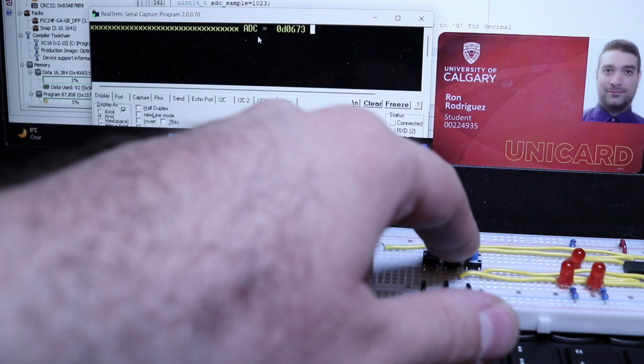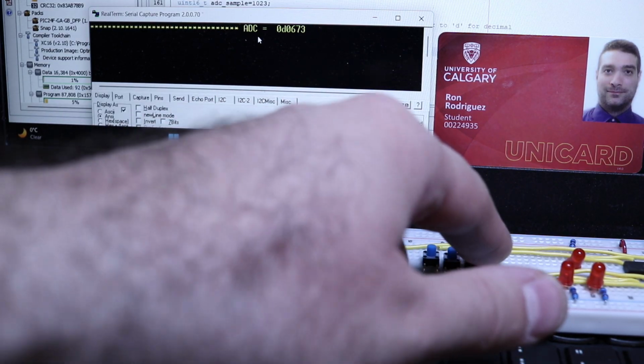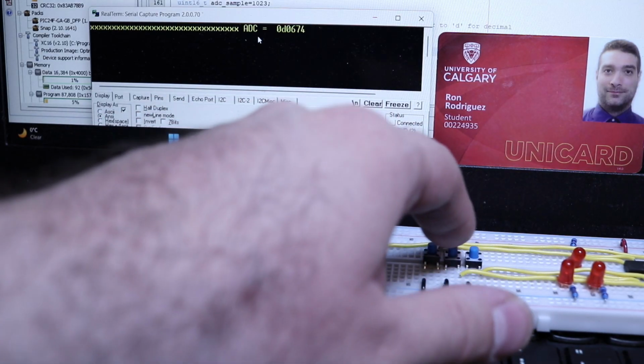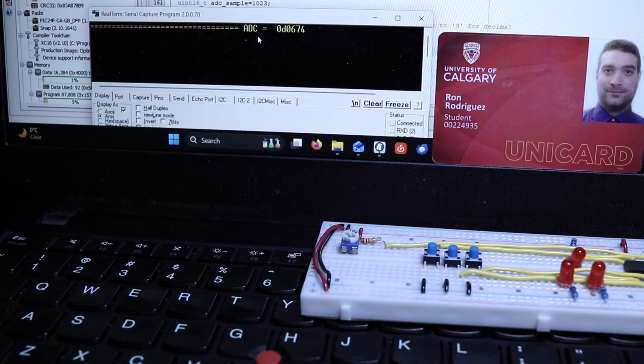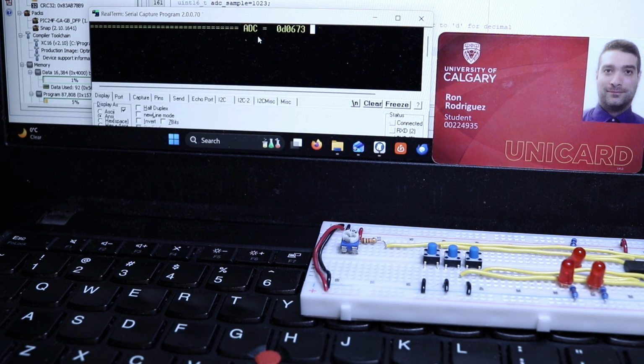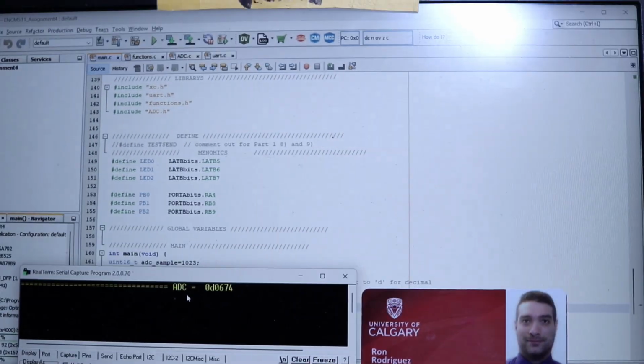Push button 2, push button 1, push button 0. Push button 2, so you can switch between any of the states freely. And if you double press the state, you will go back to the initial state start. Okay, so that's the full demo. We can now look at the code,